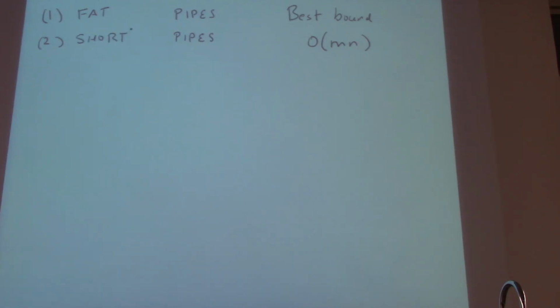Both of these methods will give you a better bound for the Ford-Fulkerson algorithm, but they depend on the parameters in slightly different ways. And one is not always better than the other. In fact, there are cases when the Ford-Fulkerson by itself is the best of the 3 of them. So depending on your situation and the kind of graph you're dealing with, one of these 3 methods might be the best thing you want. Okay, on that note, when would Ford-Fulkerson be a good algorithm? Well, when would it not be a bad algorithm?